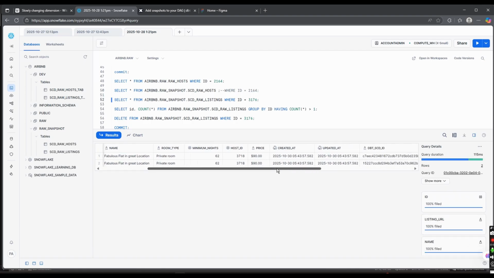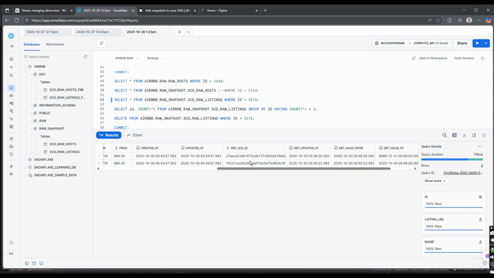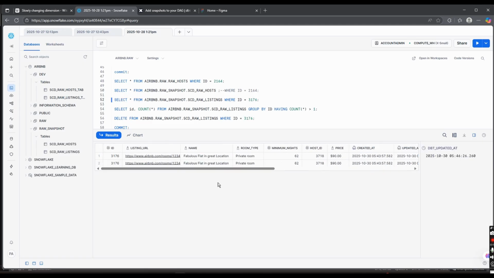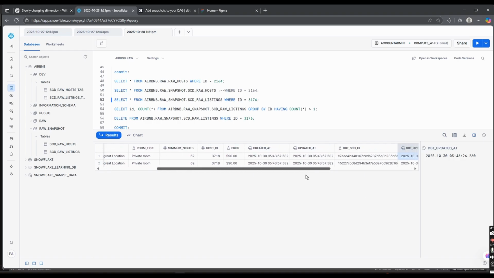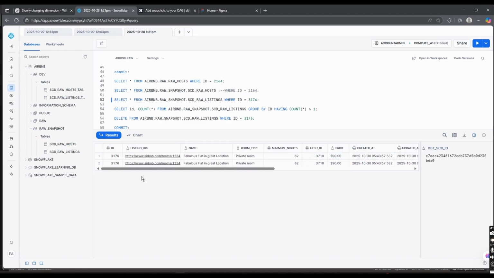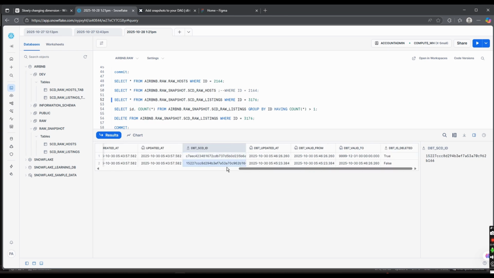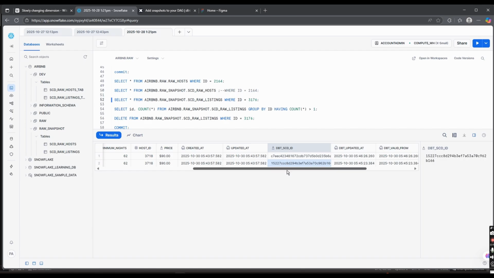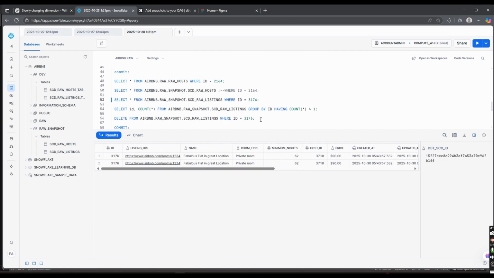Okay, so two records are created, and you see here the DBT SCD ID is different, right? Perfect. And one record is true, that means this record was deleted. In the snapshot, the purpose is to maintain the history, but the history should not be duplicated. That is the first thing. And when the source itself gives us duplicate records, the key will be the same. So when you are reading the source, you have to be careful not to insert duplicate records,